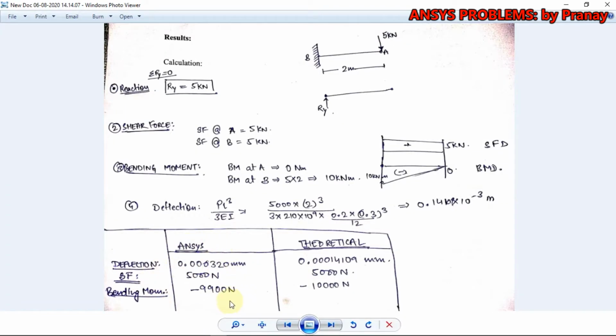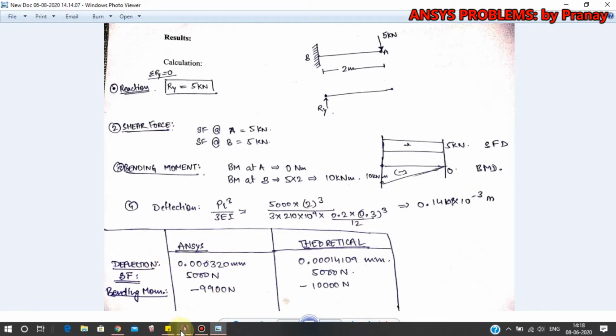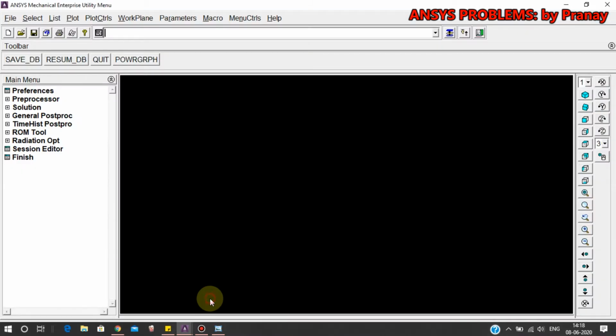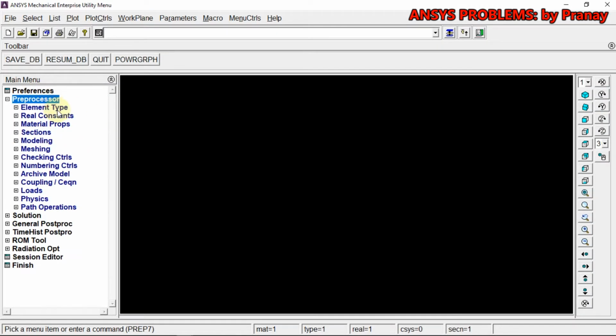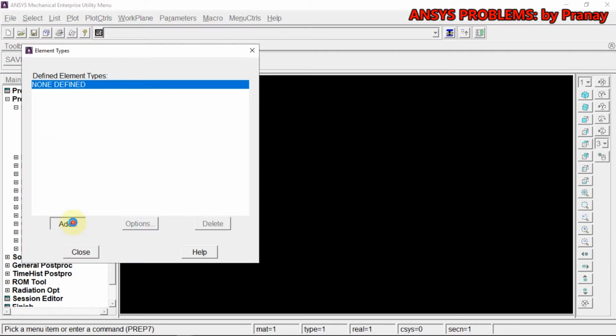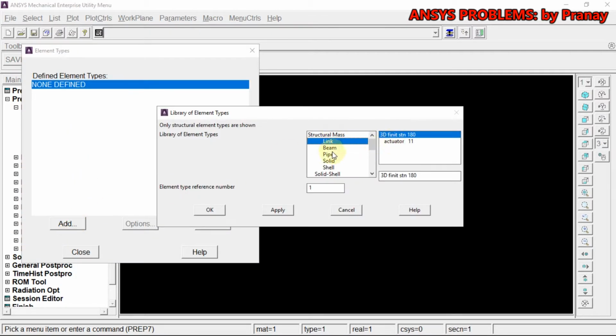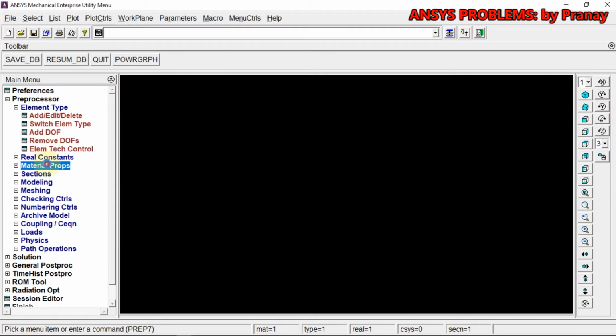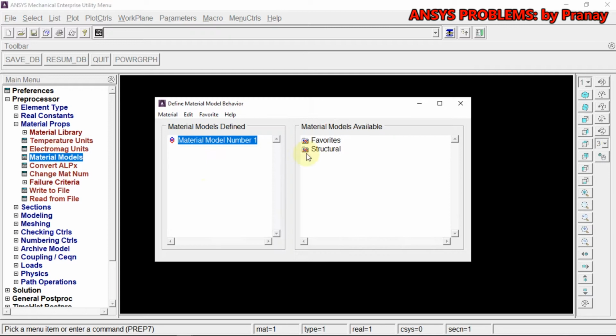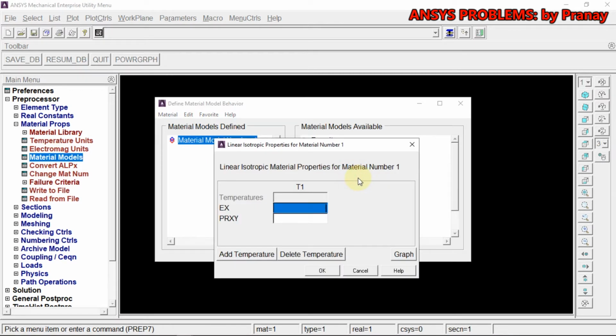Basically I have solved it on ANSYS beforehand, so I'm going to show you again what this structure is. Then element type, link, beam 2 node. Then I'm going to define material properties, structural, linear elastic, isotropic.